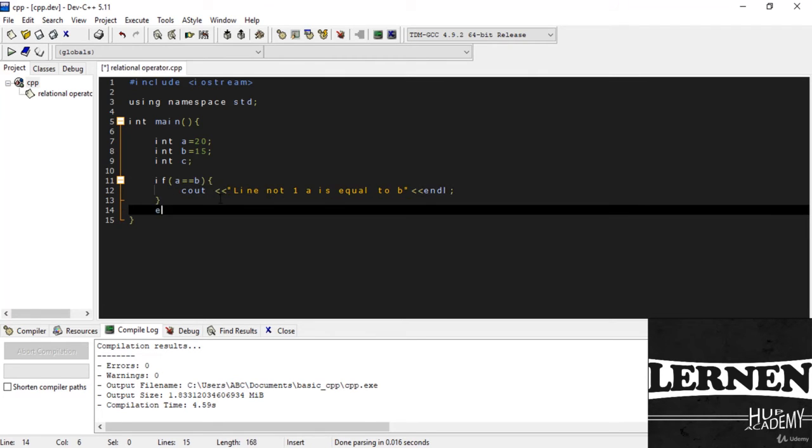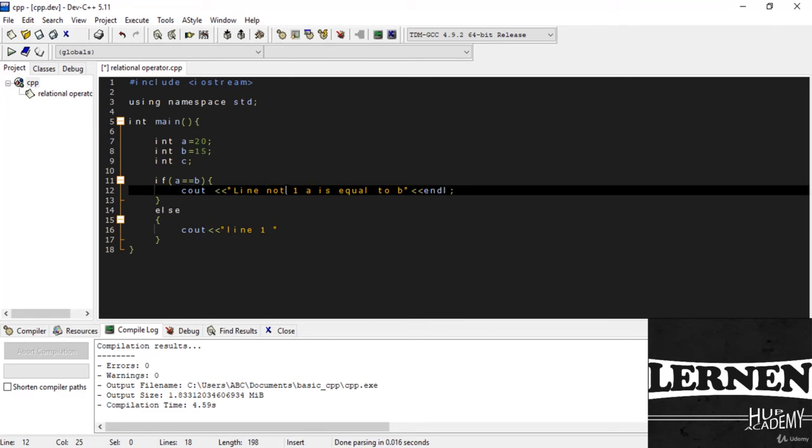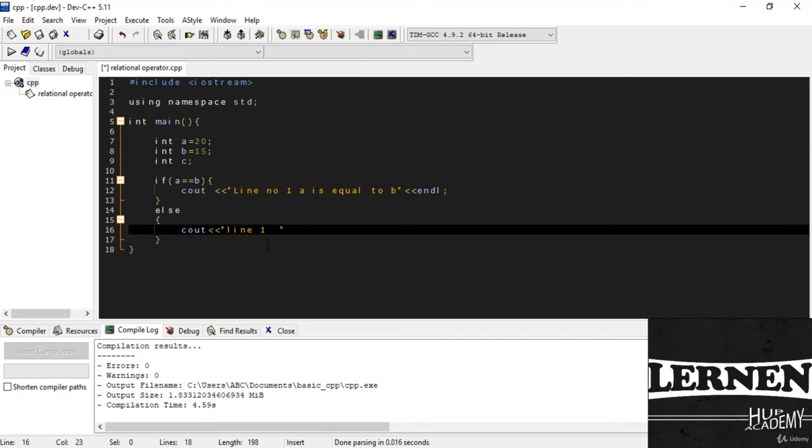Now I just use else cout which is line number 1. So this is line number 1, and here I just write a is not equal to b here, and here I write endl. Okay,